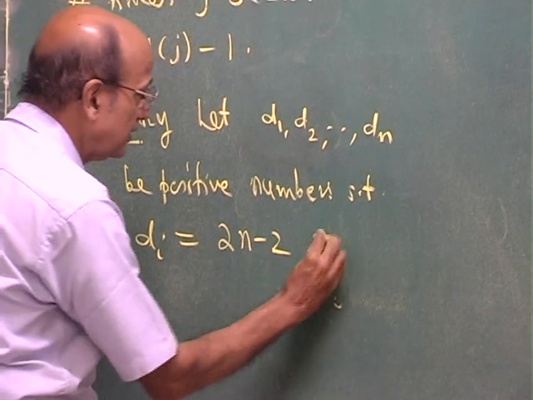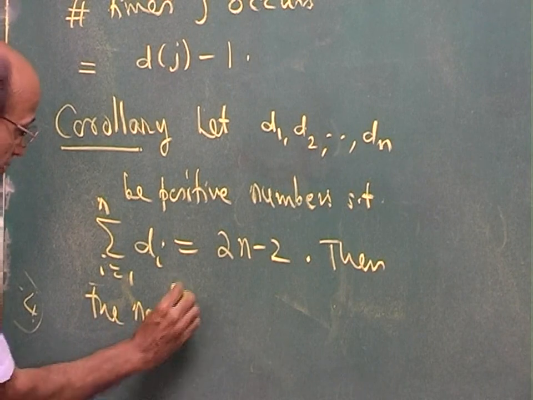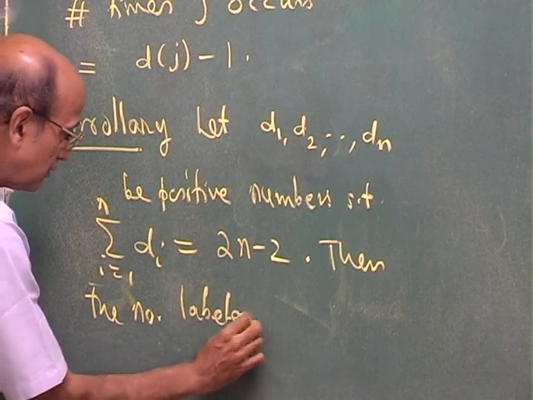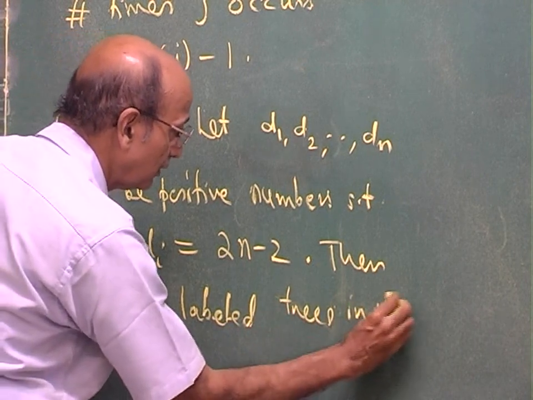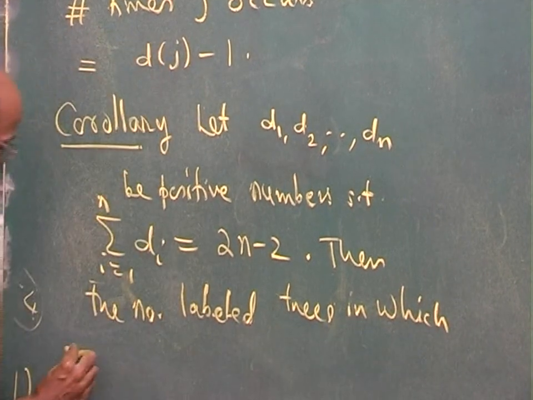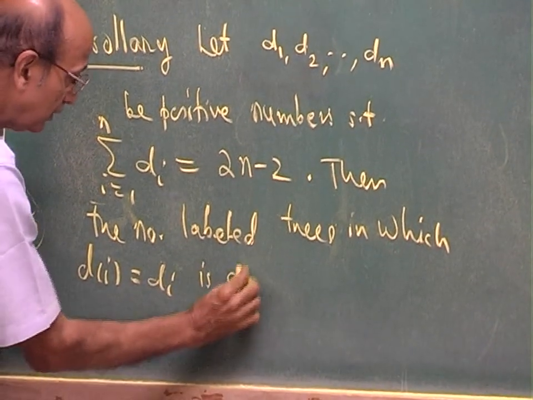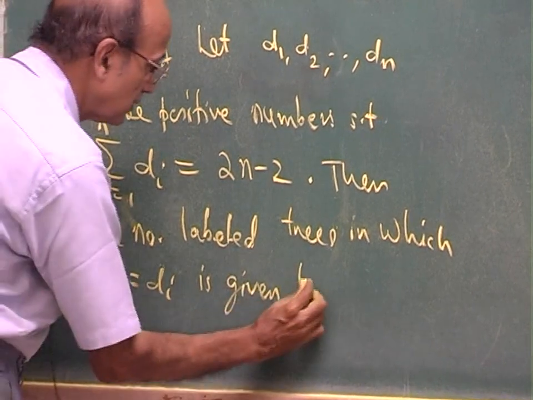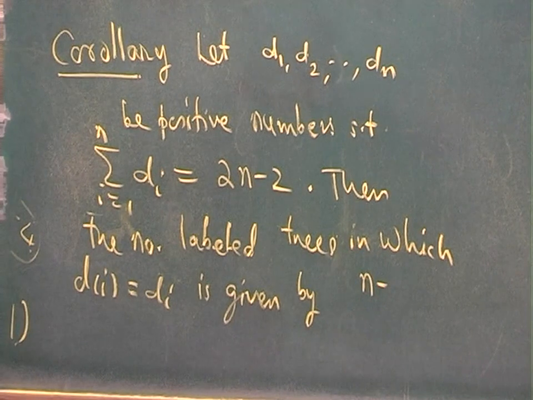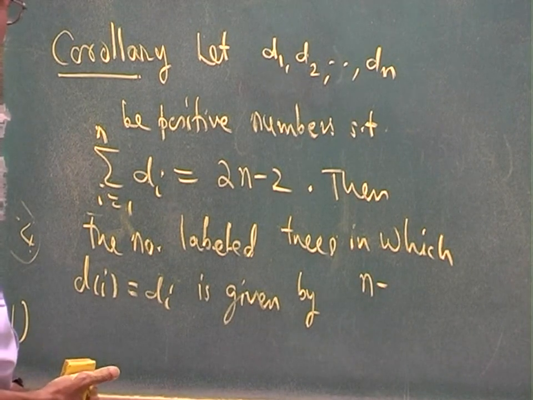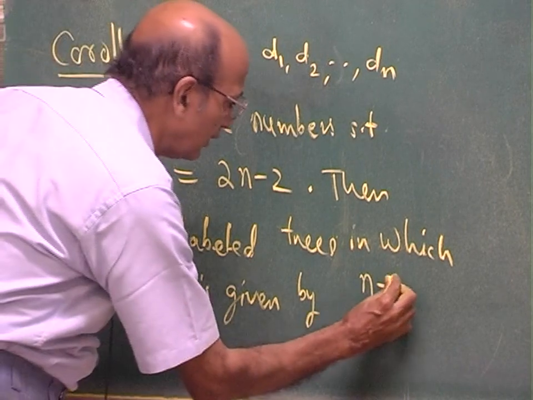Then the number of labeled trees in which degree of i is equal to di is given by n minus 2 factorial